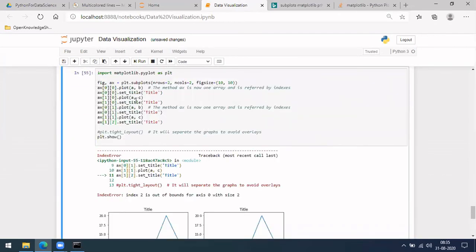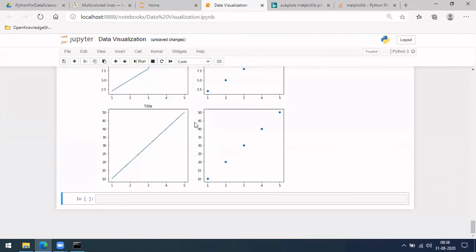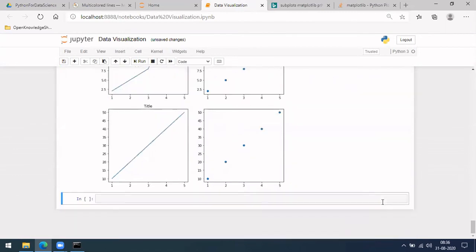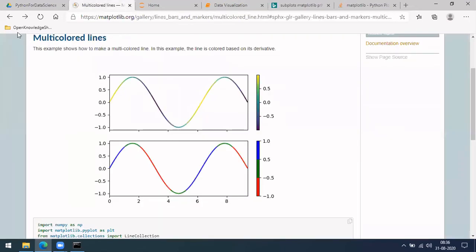Here you can even do a scatter plot. Let me do a scatter plot here. I'm doing two this way, and if you see, these two we plotted as a line plot and these two as a scatter plot. Okay, so we can do something like this. Yeah, let's go forward.